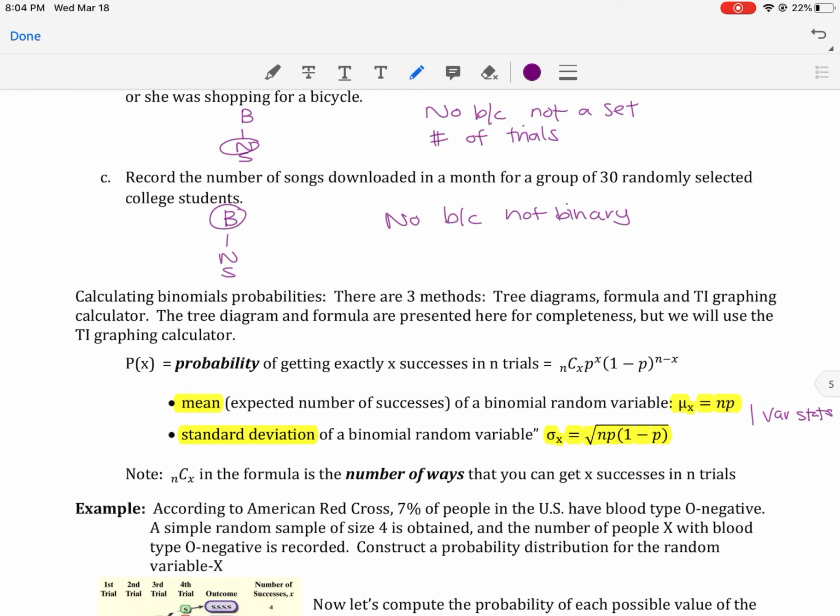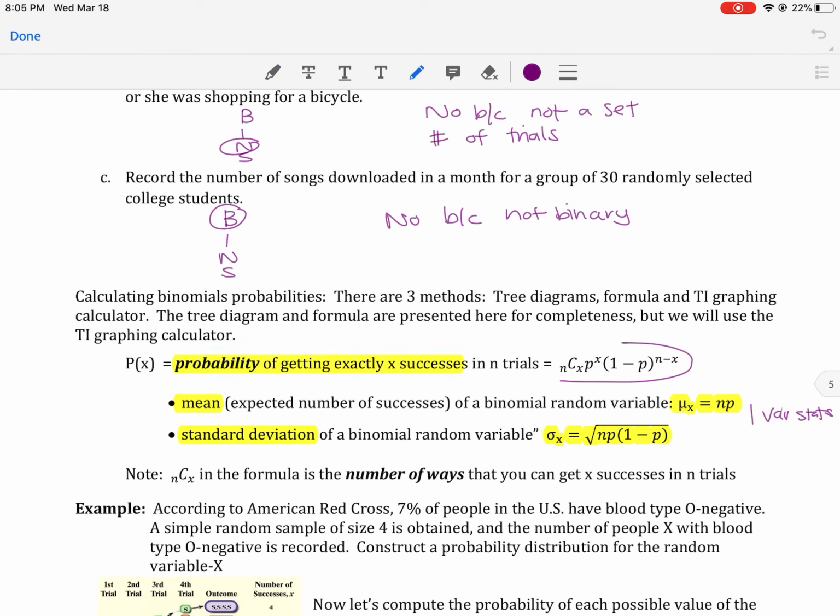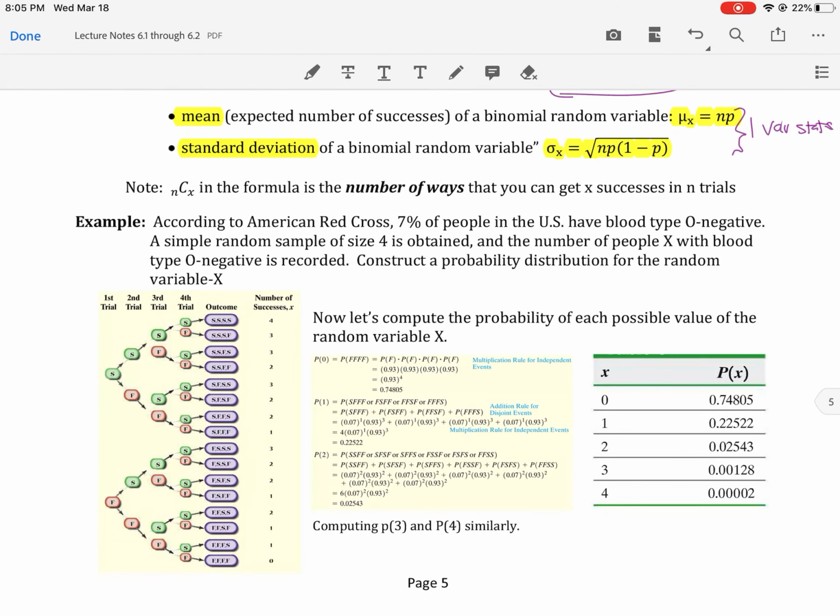Okay, the new thing is we're going to find the probability of getting exactly X successes. So this can also be done on our calculator, but it's going to be done slightly different than what we did with those two. Okay, what it's showing you down here is how you could do a tree diagram to figure out that information